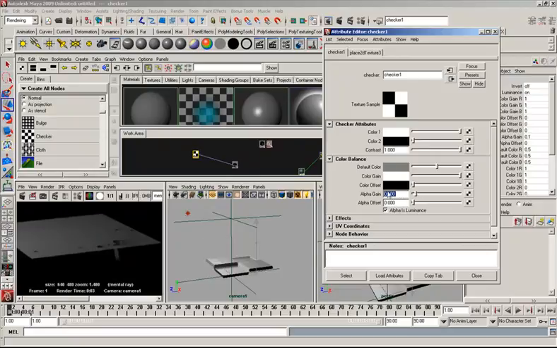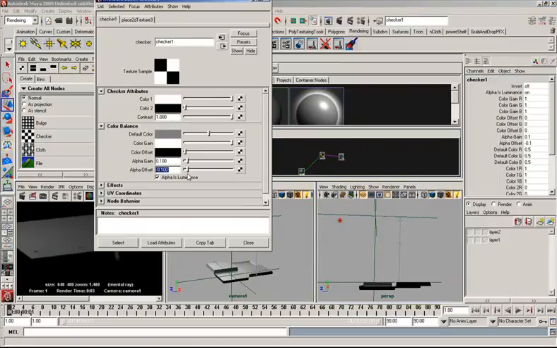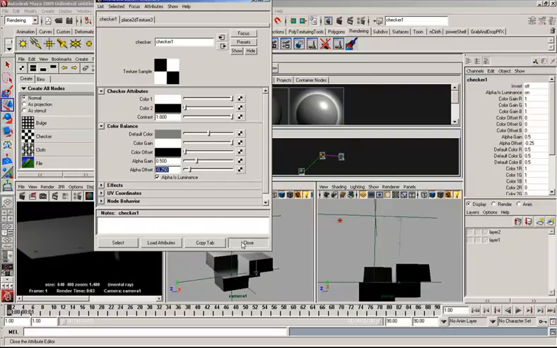If I make it 0.1, then I'm just telling it that whatever's white is going to go 0.1 unit up. And if I wanted the black to go down from the actual original surface, then I can say that the alpha offset is negative 0.1, for example. So you can see how the whole thing goes down. Now, it's a good idea to always keep the alpha offset as negative half of the alpha gain. So if, let's say, my alpha gain was 0.5, the alpha offset would be negative 0.25. So it keeps everything kind of like on the